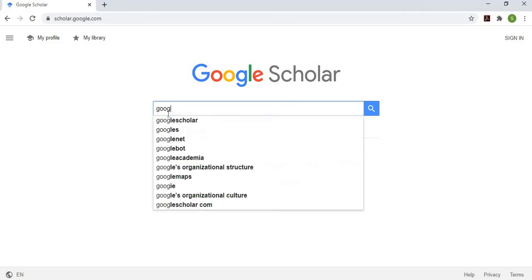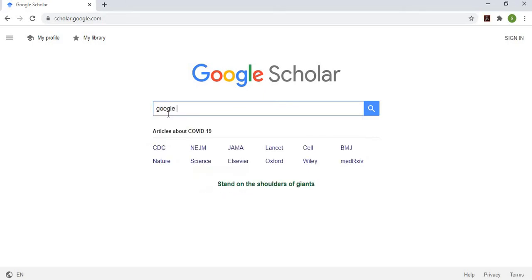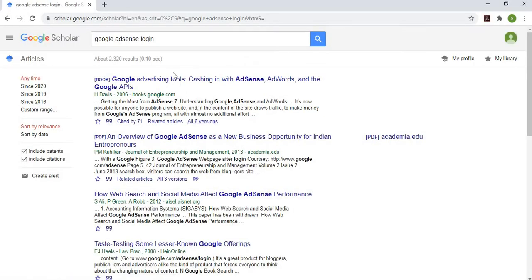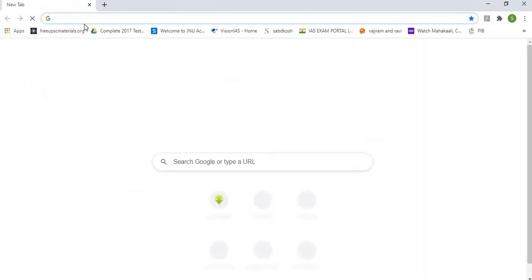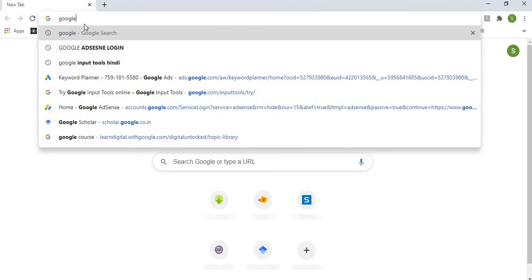Now first you need to go to your Google AdSense account. So for this, search Google AdSense login in the Google search box. Sorry friends, I mistakenly searched in Google Scholar. Let me search in the Google search box.